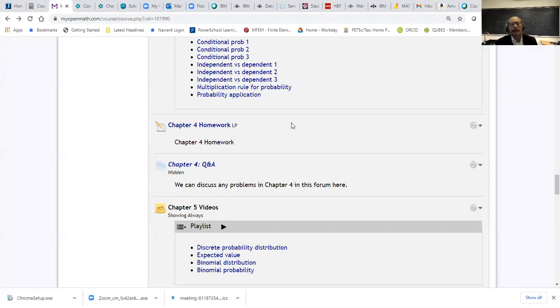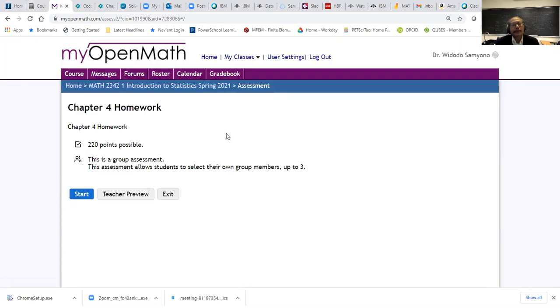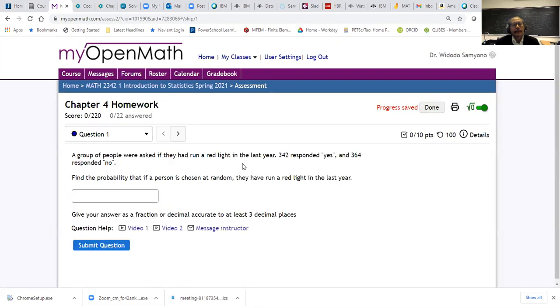Yeah, so let's discuss chapter 4 homeworks from the mathematics. A group of people were asked if they had run a red light in the last year. 342 responded yes, and 364 responded no. Okay, so find the probability that if a person is chosen at random, they have run a red light in